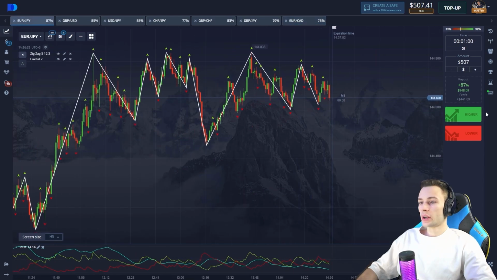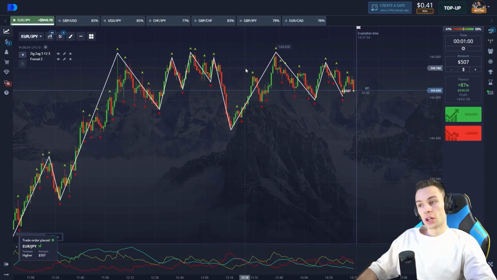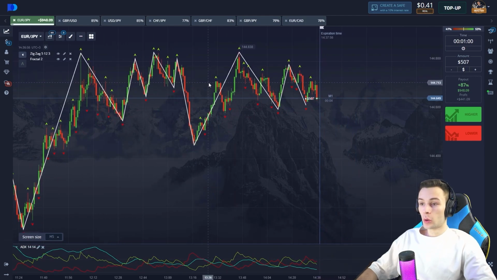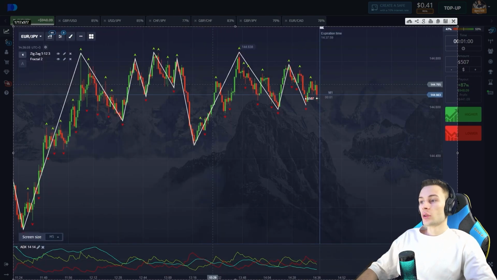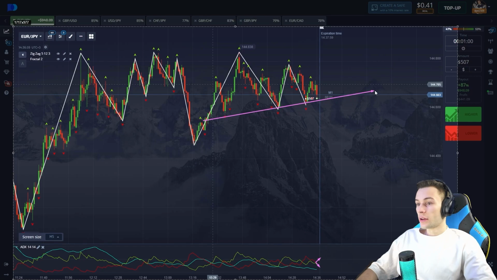What do we got here? A good correction to the downside. No time to lose. We open a long position. We can see the upward dynamics on the trend line. If you look at the ADX, there is a reaction of the moving averages, and this correction indicates to us that if we draw the trend line, then we have a good trade entry level. A touch of the support zone has happened, and